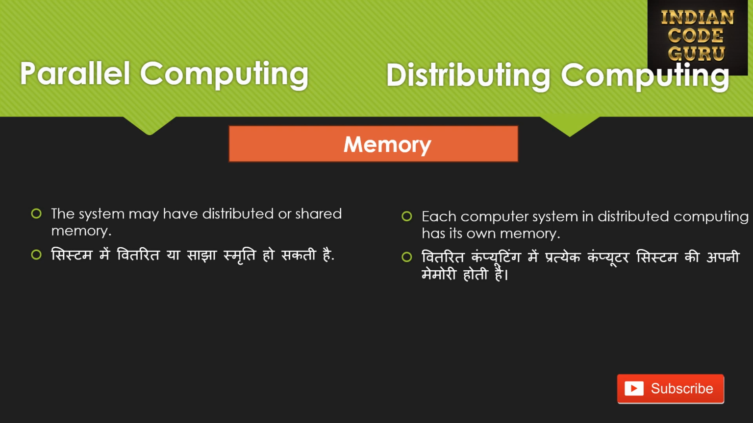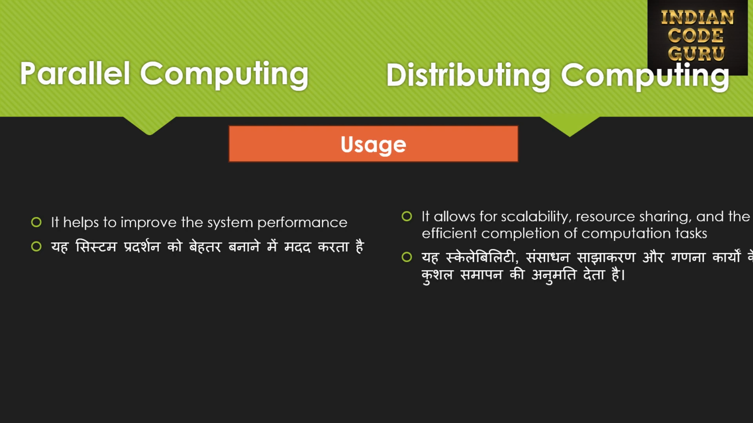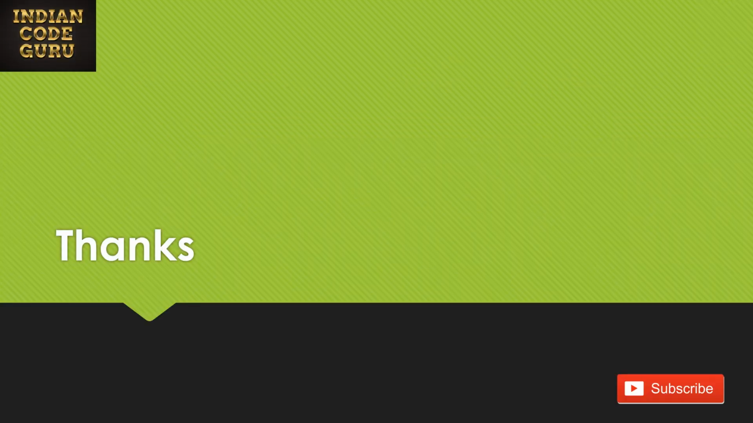Memory. Parallel computing. The system may have distributed or shared memory. Distributed computing. Each computer system in distributed computing has its own memory. Usage. Parallel computing. It helps to improve the system performance. Distributed